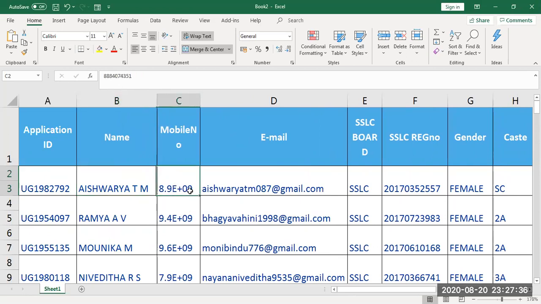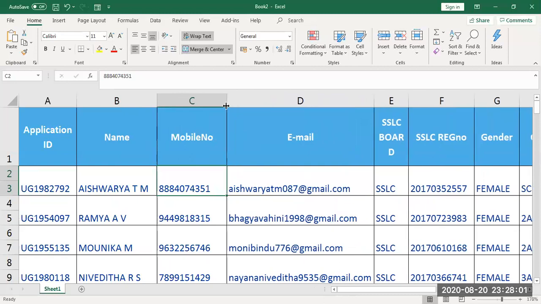And one more thing, whenever you get, if you notice this, there is a e symbol here, but when you observe here, the full mobile number is being displayed. But when I notice within the cell, I have an e symbol. That means space is not enough for the cell to display the entire number, so it has compressed it. So to avoid these kind of error, you need to drag the cell size so that you get the full information.